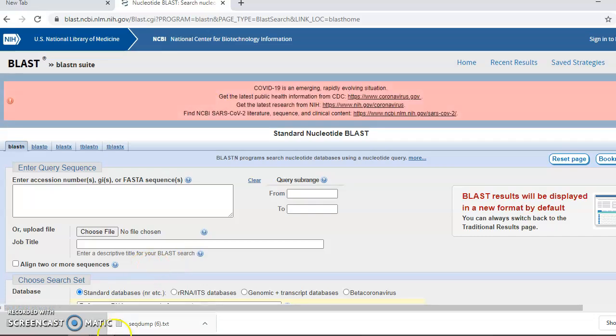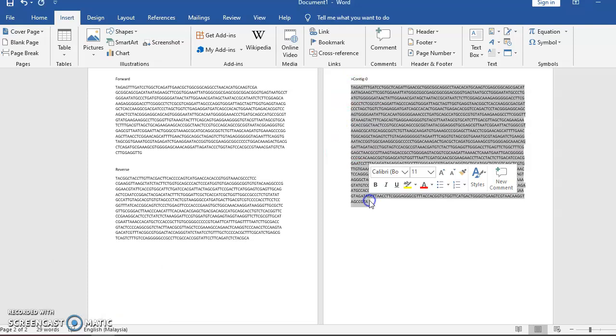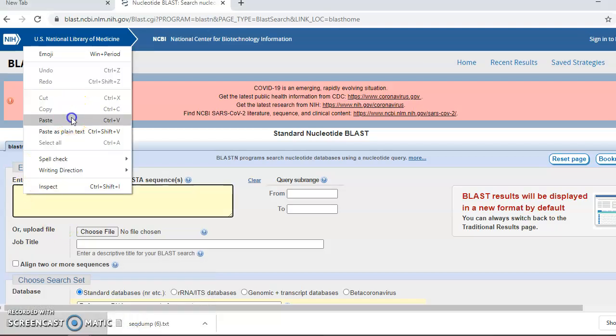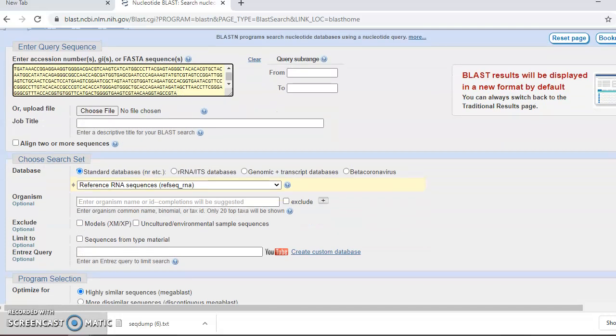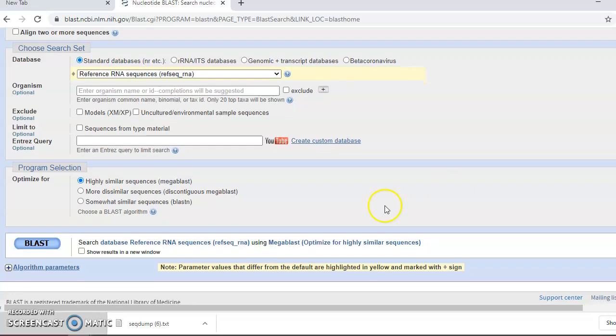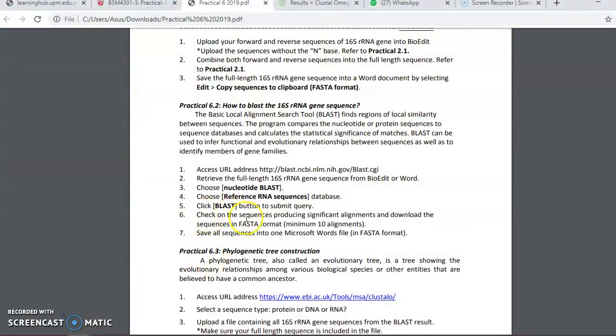Click nucleotide, and I already have the full sequence with me. Copy, and I will paste it here. But here you must select reference RNA sequence, because just now we used the 16S rRNA gene sequence. So then BLAST. While waiting for the BLAST, we must check the sequences producing significant alignments and download